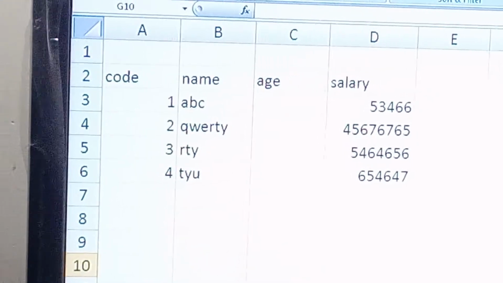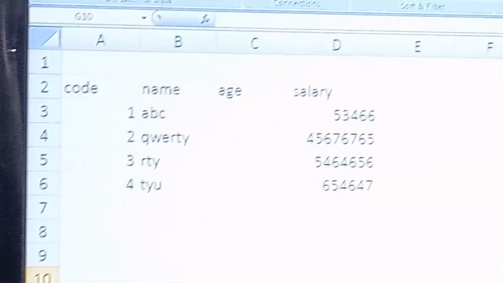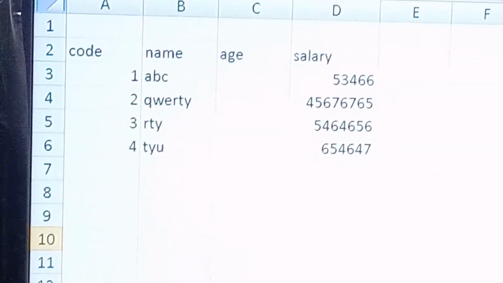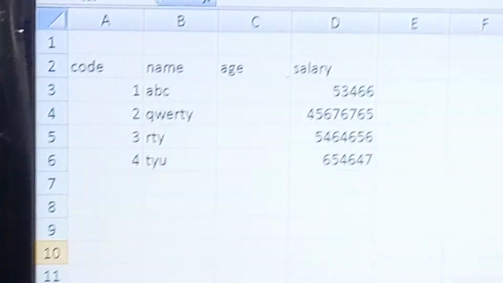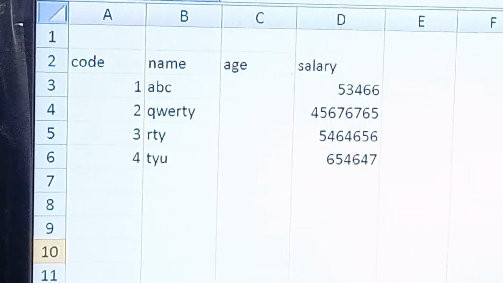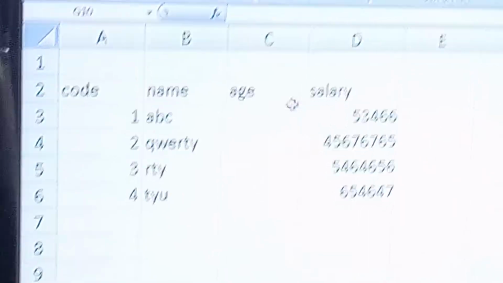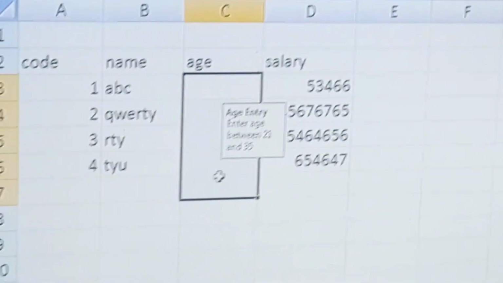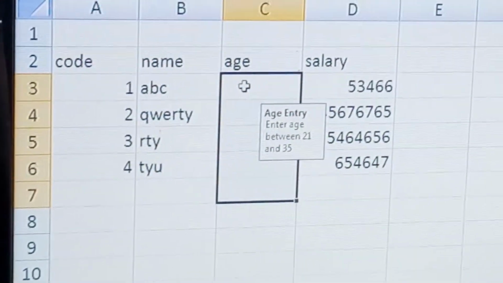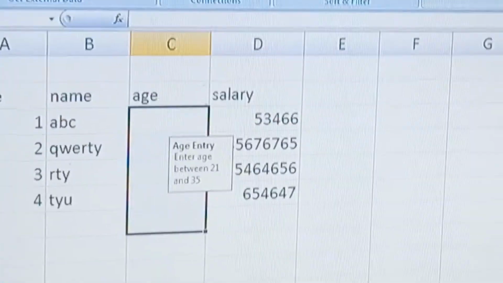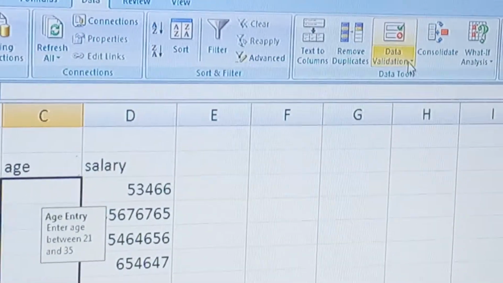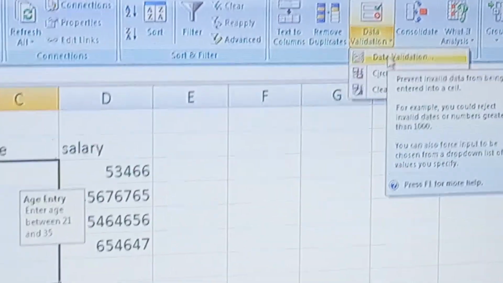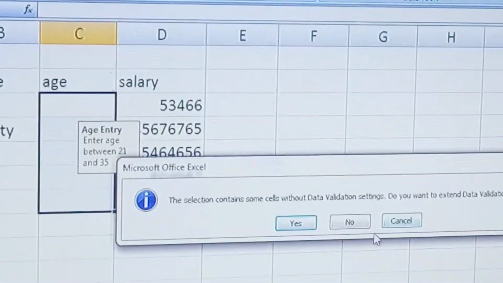If the data validation check is applied, then we cannot enter an age below 21 or more than 35. For this, first you have to select the range in which you want to perform the validation rule. Click on the data validation tool.